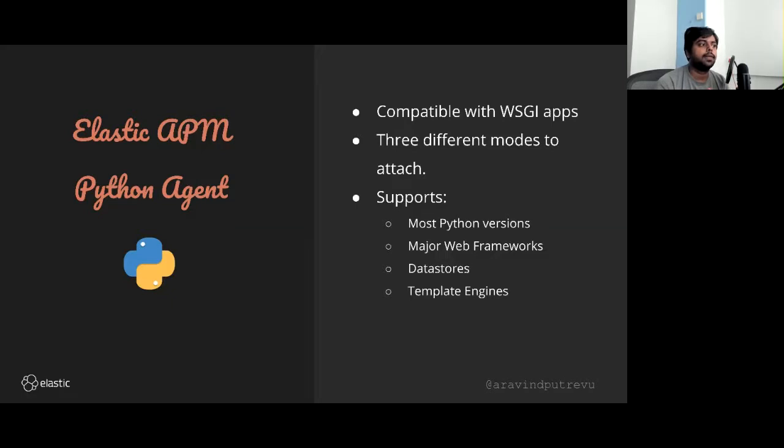It supports most Python versions and major web frameworks like Flask and Django. I believe we also support Falcon and multiple other frameworks. For data stores, we support MongoDB and Redis, and we support tracing for everything else too. You could also look at templating engines as well.